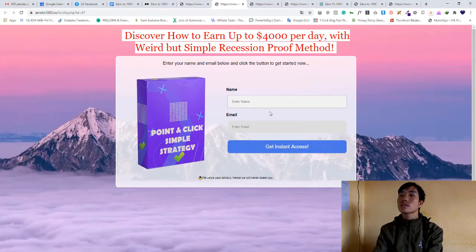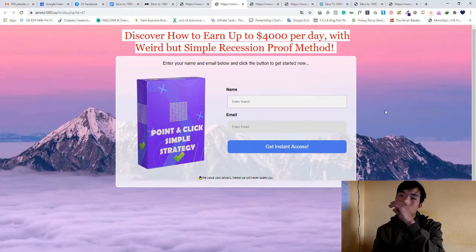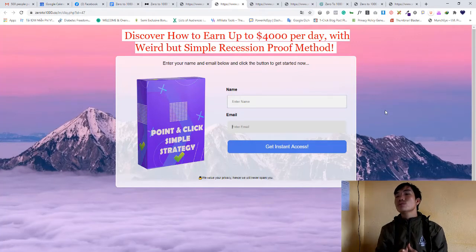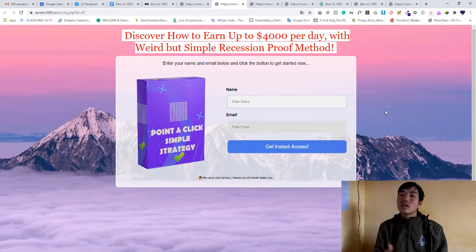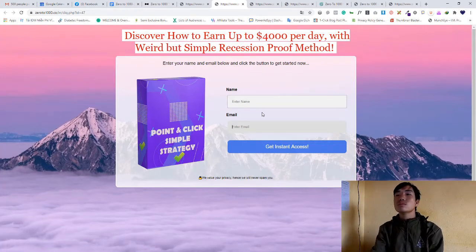So, guys, I think this is very simple, but the opt-in form is really high converting, and this is a product you should consider. Because if you use ClickBank or other products, they take a lot of money. You get Red Palm also takes a lot of money, and ClickBank also takes a lot of money. So if you use this very simple one, you only pay one-time money. You can do multiple